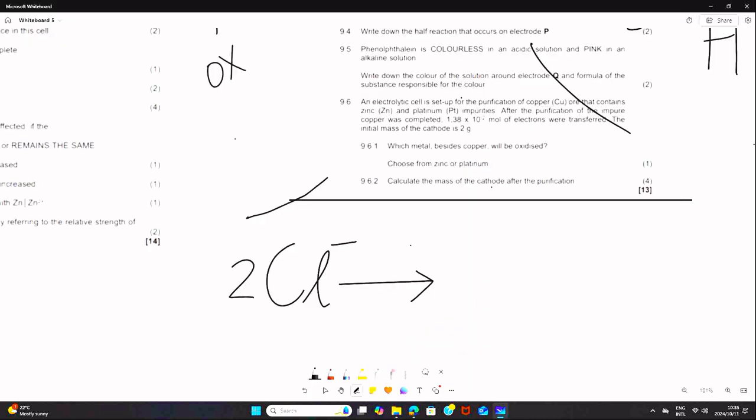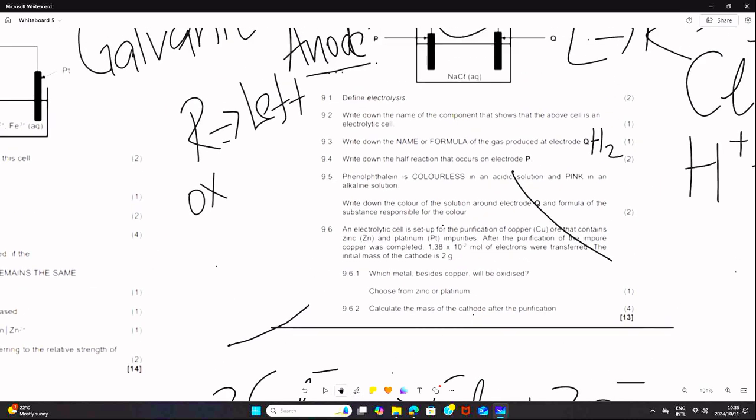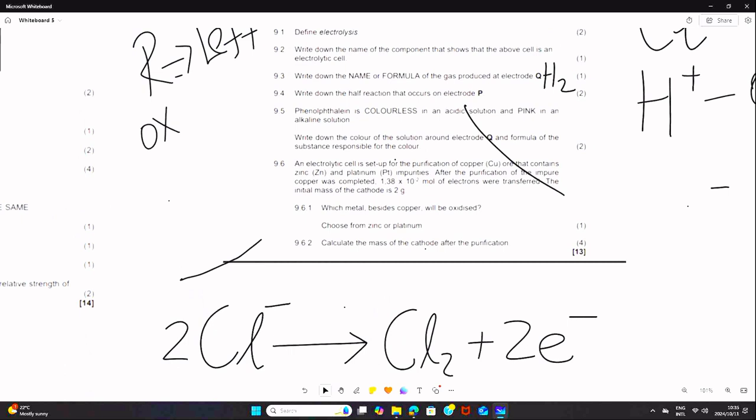So you write it as Cl2 plus 2 electrons. Then you get marks. No double arrow. Don't omit the charges, because remember, learners, we are copying this from the table. So we need to copy it as it is. Now the next question is on